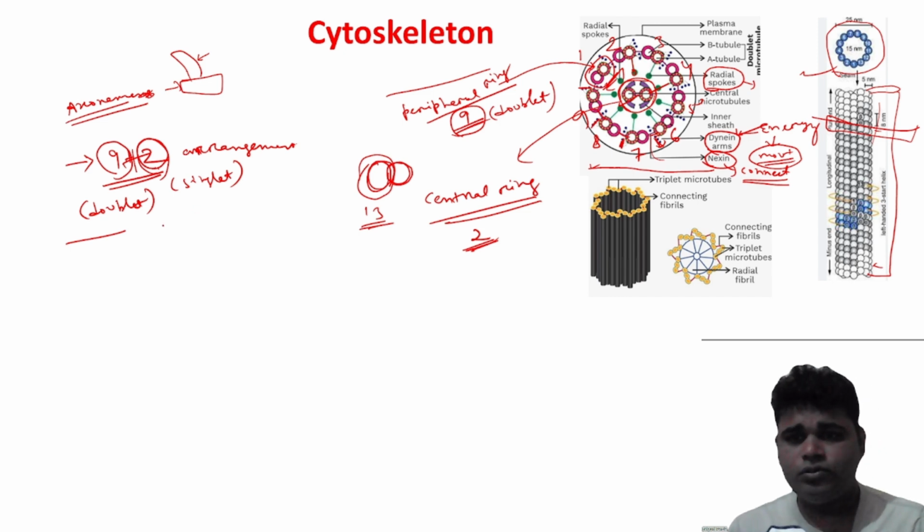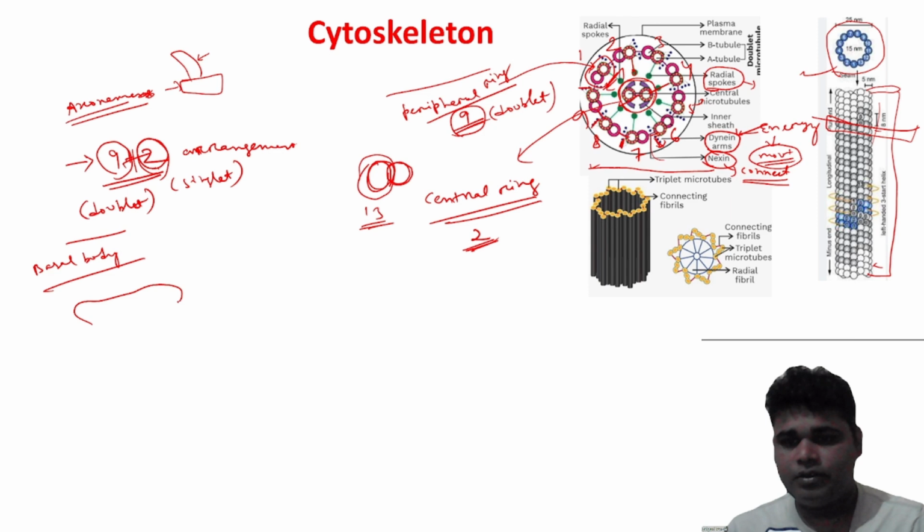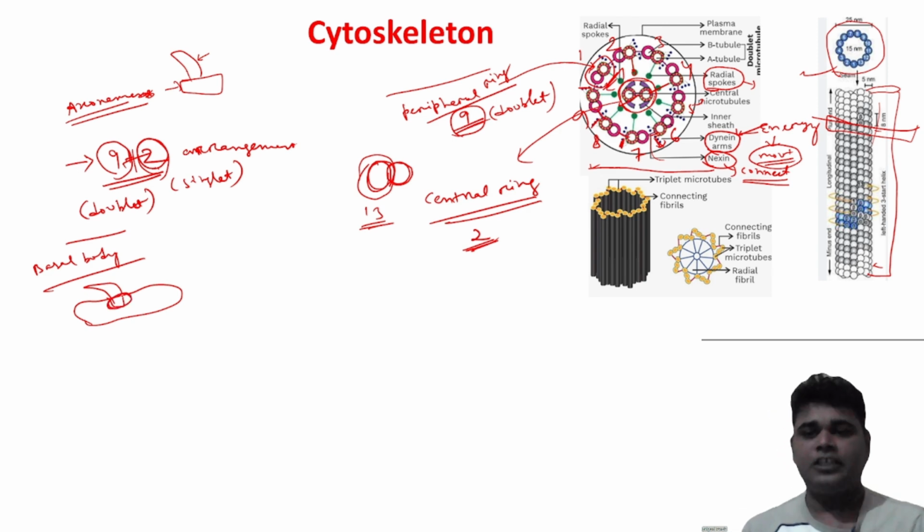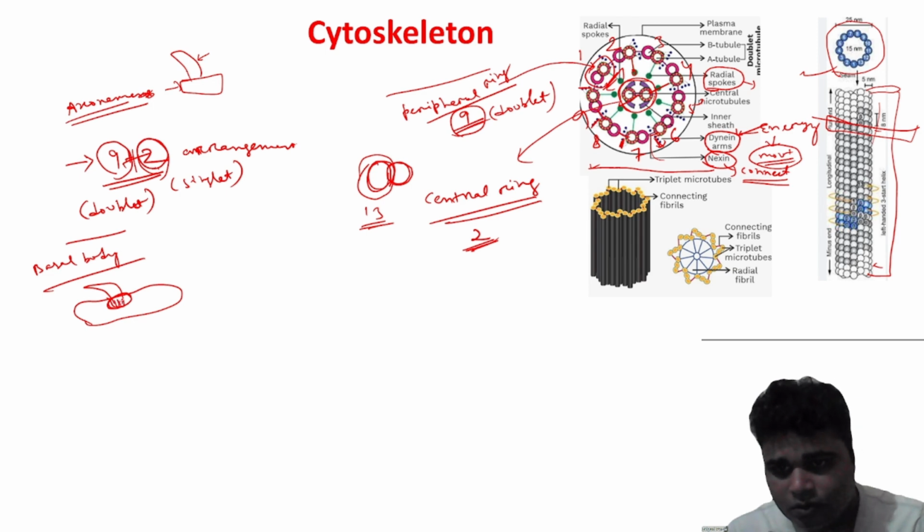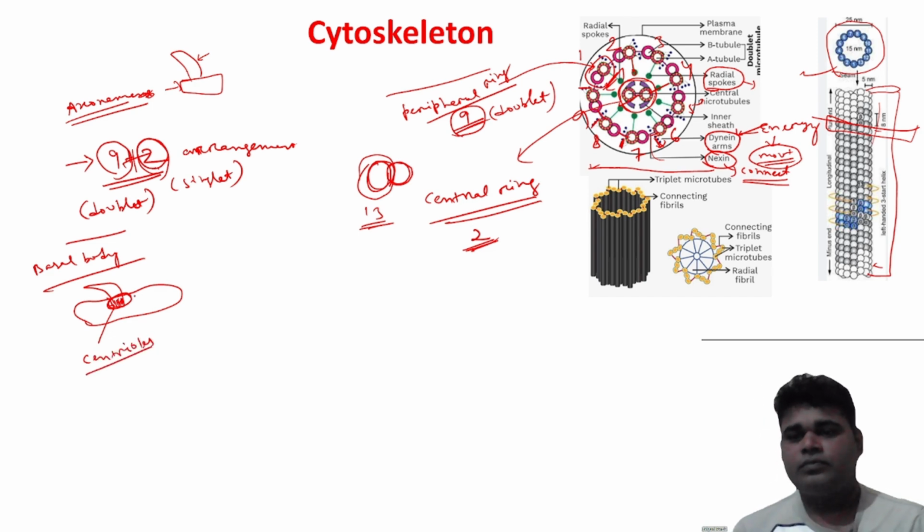So now come to another structure, that is called the basal body. So that means, for example, this is the paramecium, this is the cilia structure, and inside the body, in the cytoplasm, the centrioles are present. They are called the centrioles. So now in the basal body, the centrioles form the cilia and the flagella, and the process is called